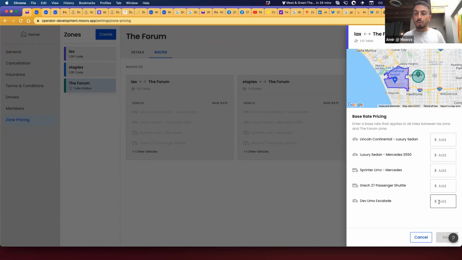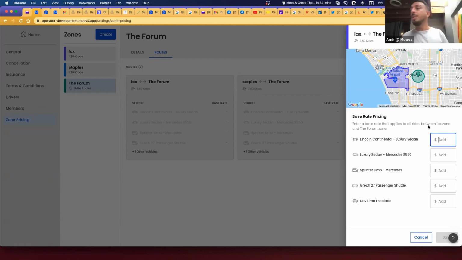So then you can control set pricing. And you can use this if you have a contract with a hotel, or if you have a specific customer. A lot of our clients are VIPs, and we want to just give them the same rate. So we can put their home address or their business address to the airport, and then they're always going to get a consistent price. Oh, okay, that's dope. I didn't know that.